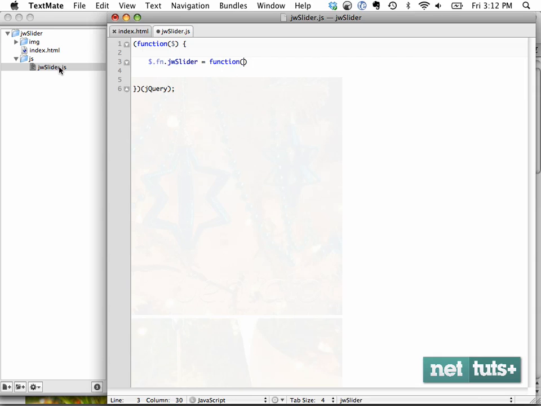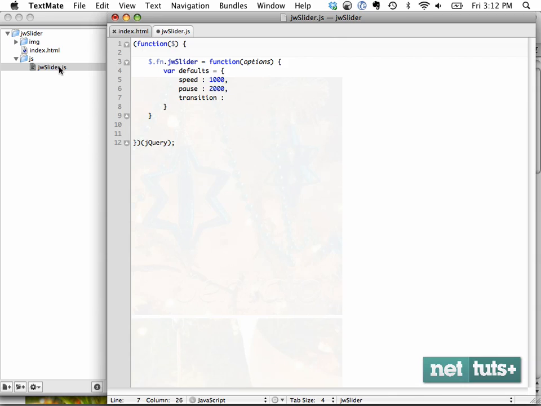And we want to allow the user to set some options. So we're going to add these, and let's first start with our defaults, and these will be the base default options. So we'll maybe do something like the speed, maybe 1000. The pause between each one will be maybe 2000, and the transition type, we don't want to build something too